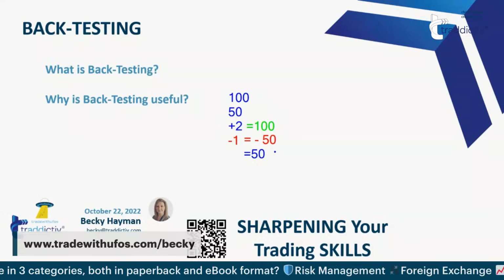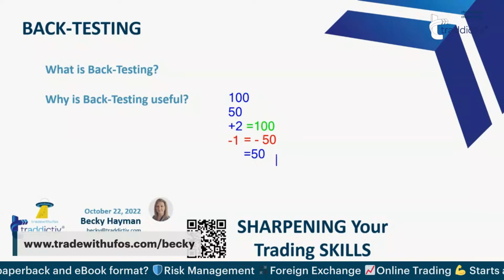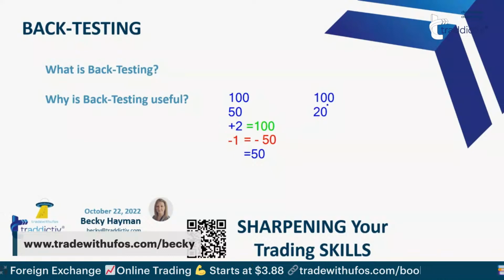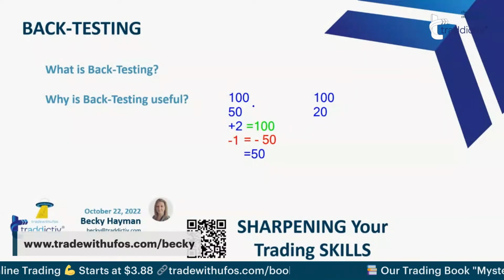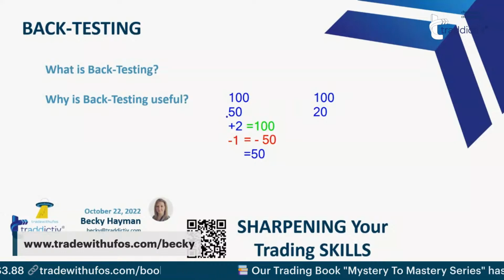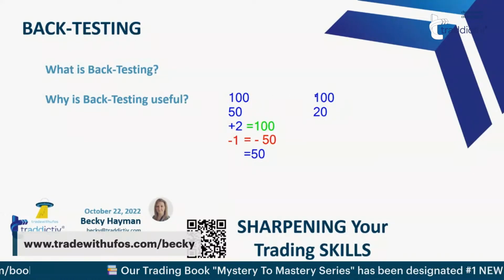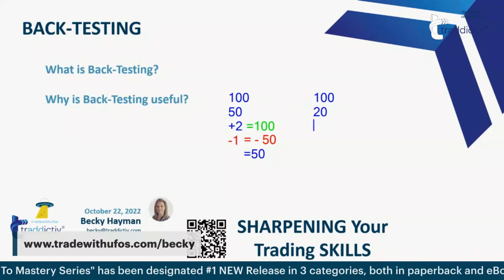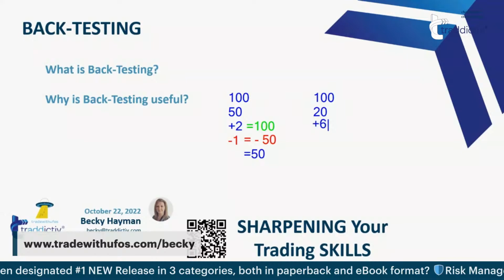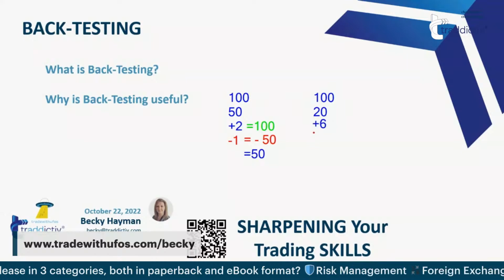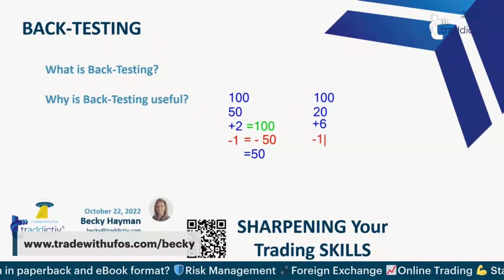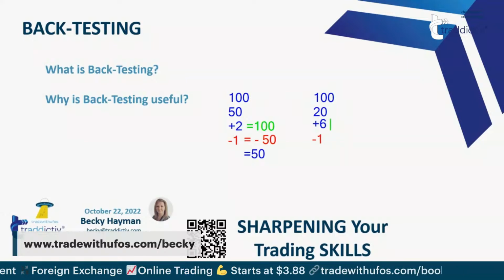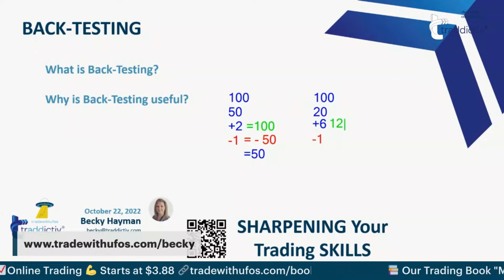Some people might prefer that situation. Other people might prefer that out of 100 trades, it can only be right on 20 of them. Only make money on 20 of them. And you might think, why would you do that? If you could be right 50 times out of 100, why would you do something where you're only right 20 times out of 100? Because maybe some people prefer, I might be right less often, but when I'm right, I make 6. And when I'm wrong, I lose 1. And so here, they've got 20 times 6, which would be 120.